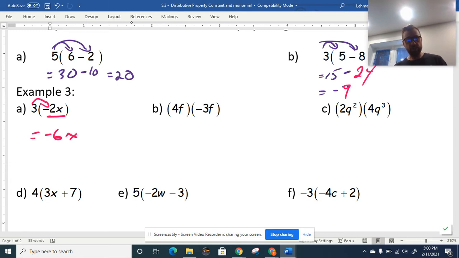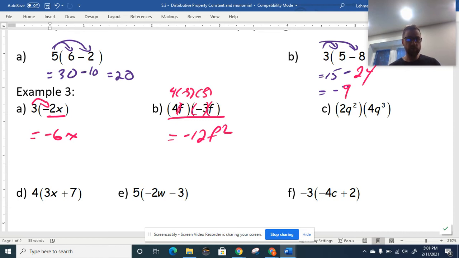4 times negative 3 is negative 12, and F is F squared. Remember that this is all one term as well. This is what we practiced today or yesterday when you're watching this video. And this means that we could put brackets around each individual piece of this term, but remember that this is all a product. So 4 could be moved around, so you could rearrange it to be 4 times -3 and